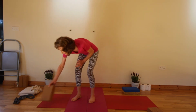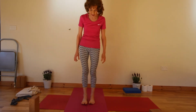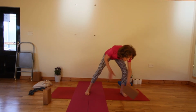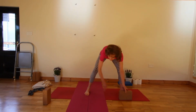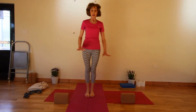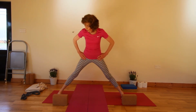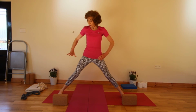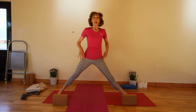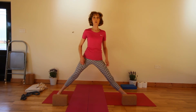So we're back into Tadasana again, and then from there you're going to do Warrior 2 into Parshva. So you're going to maybe have a little help here to the right side and the left side. So step or take the feet apart, toes looking forward, turn the left toes in, rotate that right leg out. Your feet slightly wider than what they were for